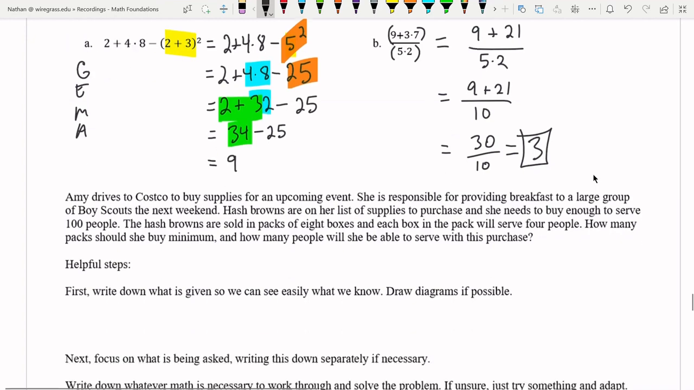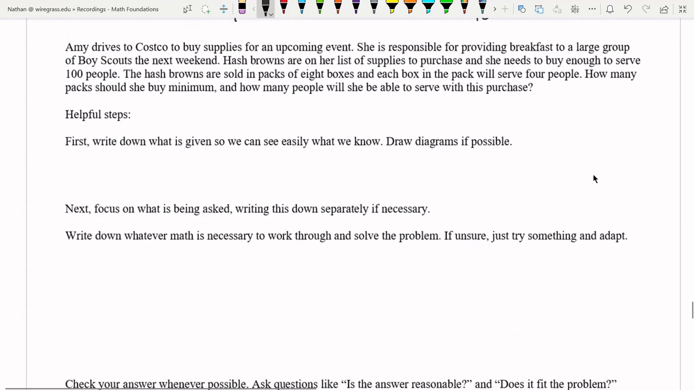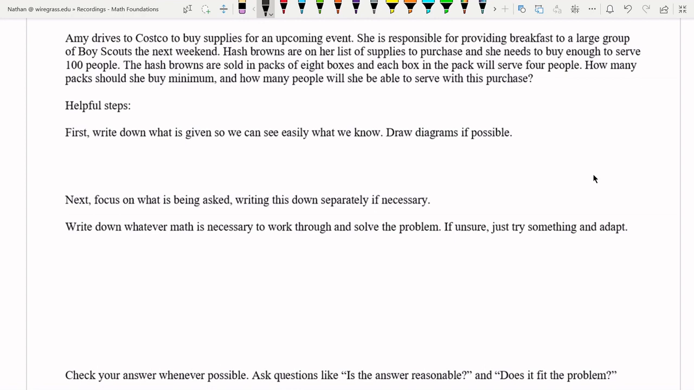Let's talk about solving application problems. And the main thing that you want to do here is look at the problem and see what numbers am I working with? What things might be changing? What things might be staying the same? There's a lot of helpful things that can give you